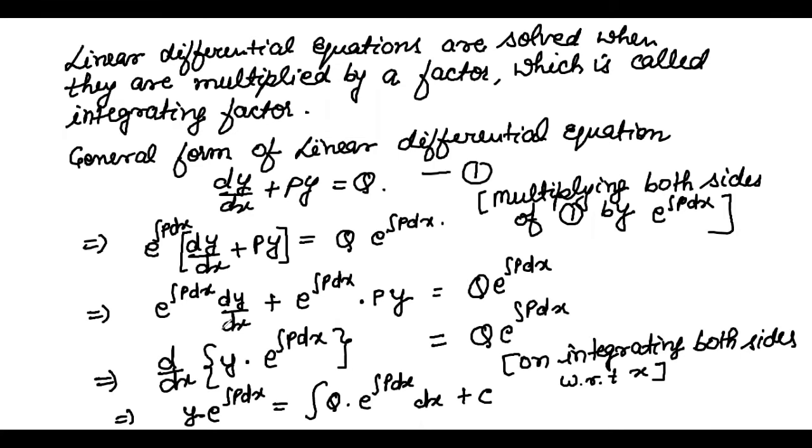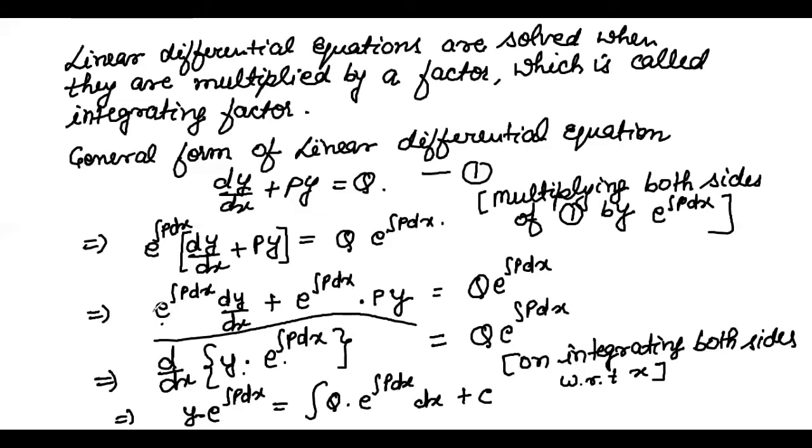Now this value we can write in this form, d by dx of y into e to the power integration of p dx, because when we find the derivative of y into e to the power integration of p dx, then the derivative of y will be dy by dx, and we'll take e to the power integration of p dx as constant, plus then we'll take y as constant and find the derivative of this part, means e to the power integration of p dx, that is p into e to the power integration of p dx.